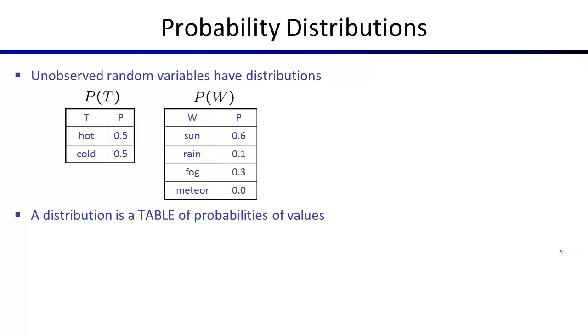All right, so unobserved random variables have their distributions. What are the constraints on these tables, right? Hold